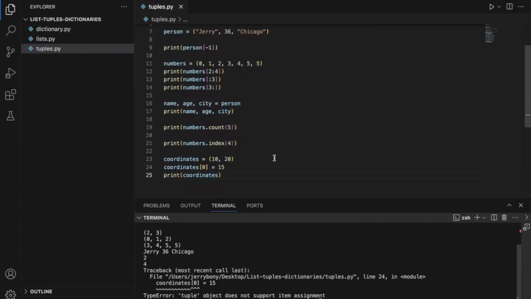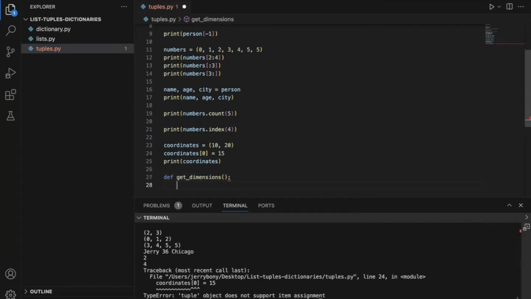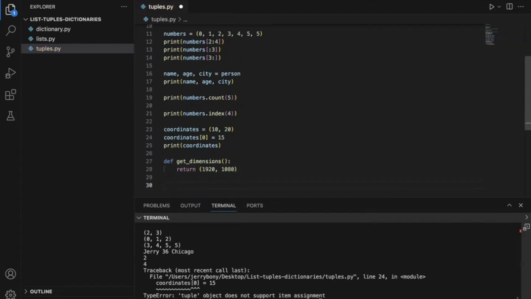So when you're using tuples, you can use them as return values from functions, and you can return values in tuples from functions, also in dictionaries as immutable keys for sequences that shouldn't be changed. And we'll get into that a little bit more in depth. But just to give you an idea, I'll show you an example. Say we create a function called get dimensions. So I created this function and then I do return 1920 and 1080. Need to fix this. And then I come down here and I say, okay, width and then height